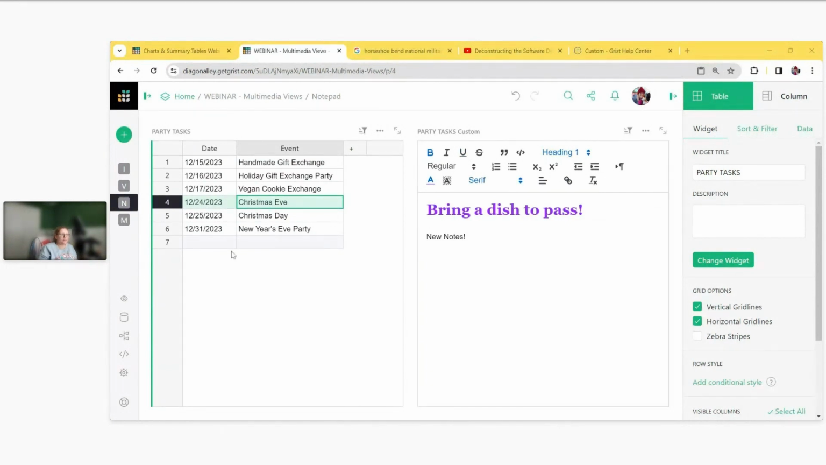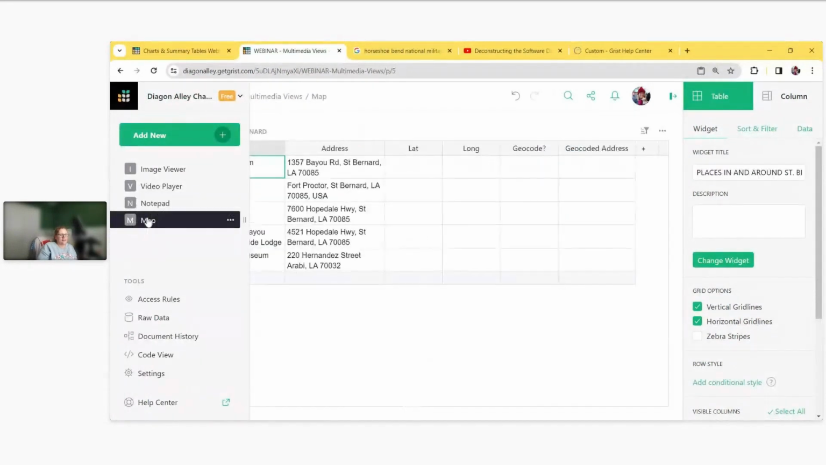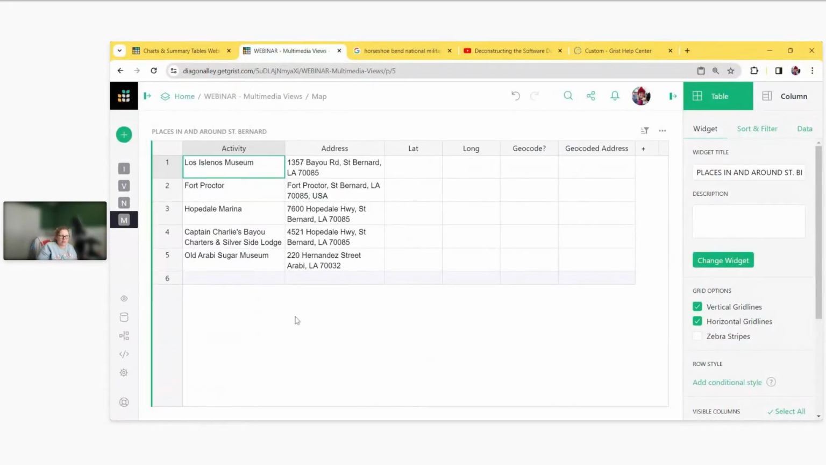Okay, so last but certainly not least, we have our map widget. Now this one requires a few more data columns in the underlying